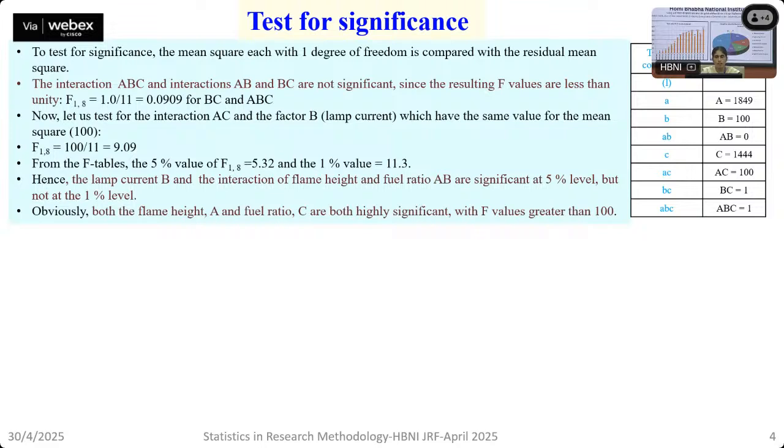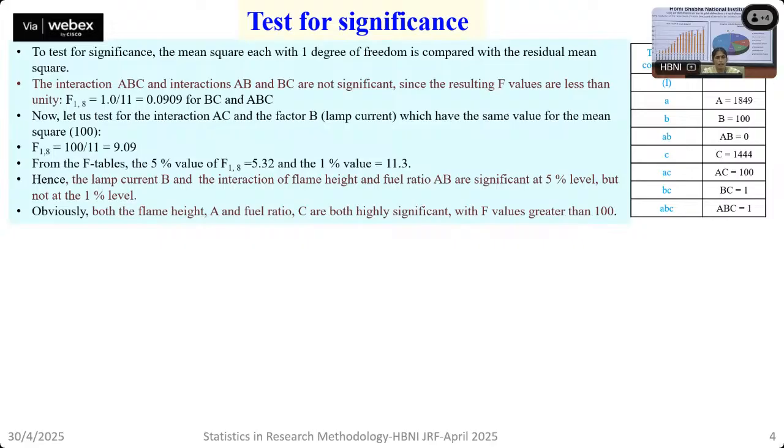Then we compare the calculated F value with the critical F values in the table for the corresponding degrees of freedom. Then, for example, if we are studying the interaction effect of factor A, C and factor B, then we can see that the calculated F value comes out to be 9.09. So from the F table, if you go back and refer to the F table, you can see that the F values for 1 and 8 degrees of freedom will be 5.32 for 5% significance level and 11.3 for 1%